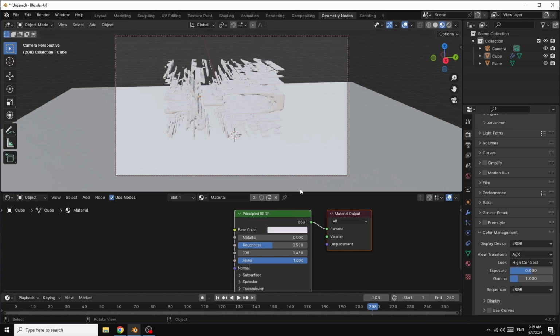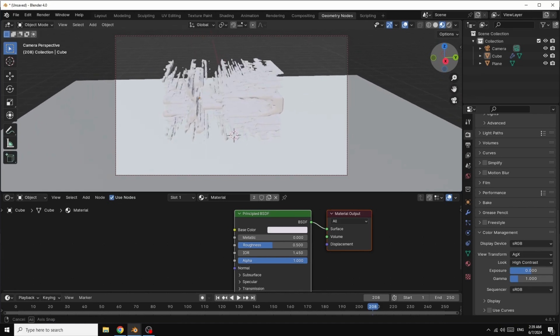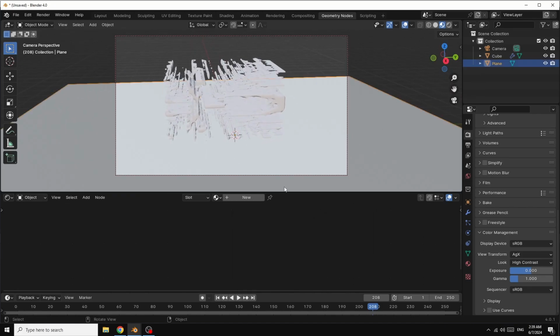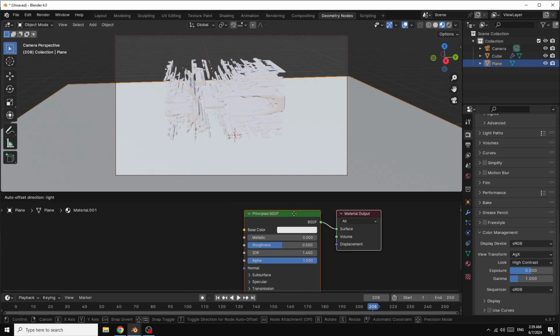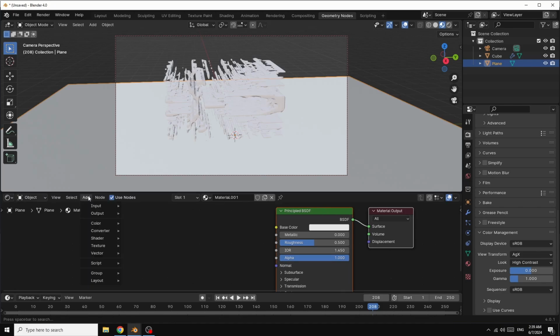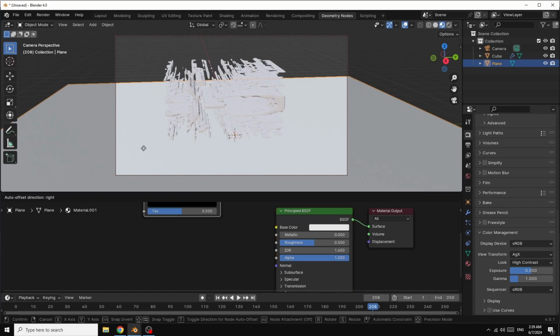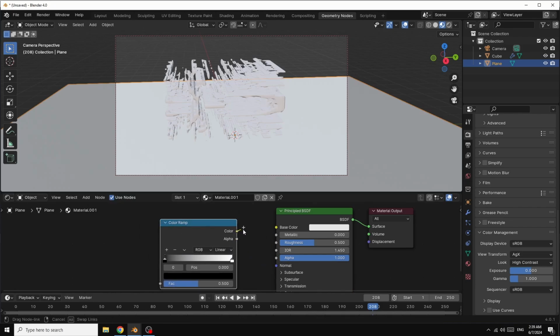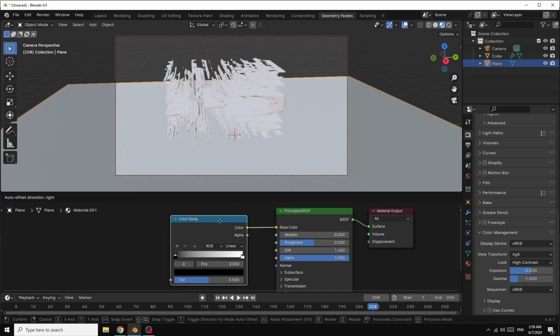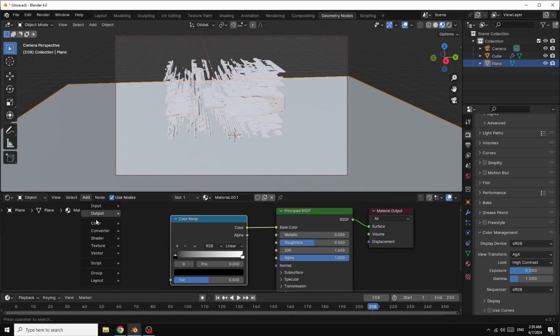Okay, now we want to make some materials for this object. I select first the plane, hit New, go here and Add. In Converter, we select Color Ramp. As always, connect color to base color. I go here and Add.